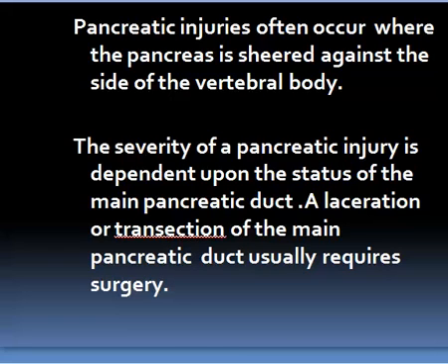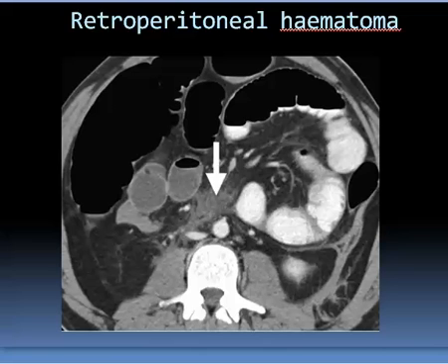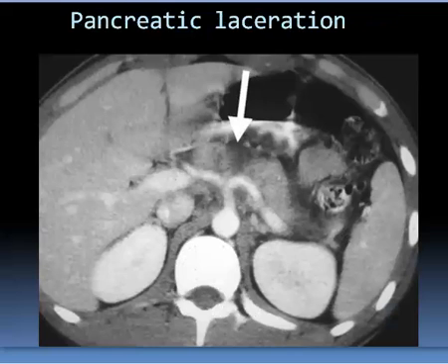If it is involved, this may require surgery. Usually requires surgery. Here there is retroperitoneal hematoma, fluid behind the pancreas, and here there is pancreatic laceration opposite the region of the vertebra. And imagine that this region is dangerous because the